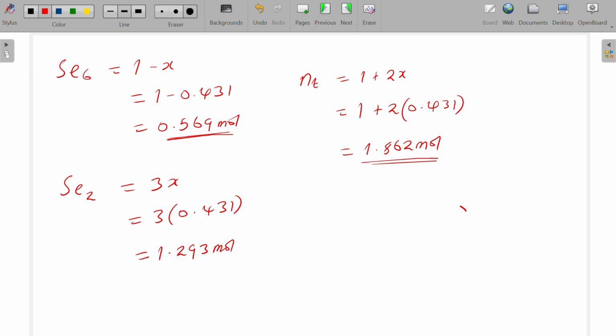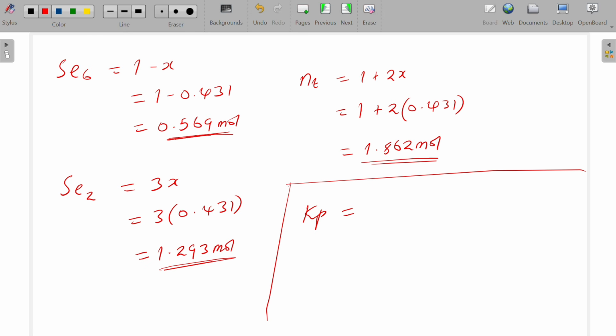This here is the number of moles for Se6. This here is the number of moles of Se2. It means we now have all the amounts we're looking for. All we have to do is replace, and we'll be able to get our Kp. So let's do that. To get our Kp now, our Kp will be equal to,